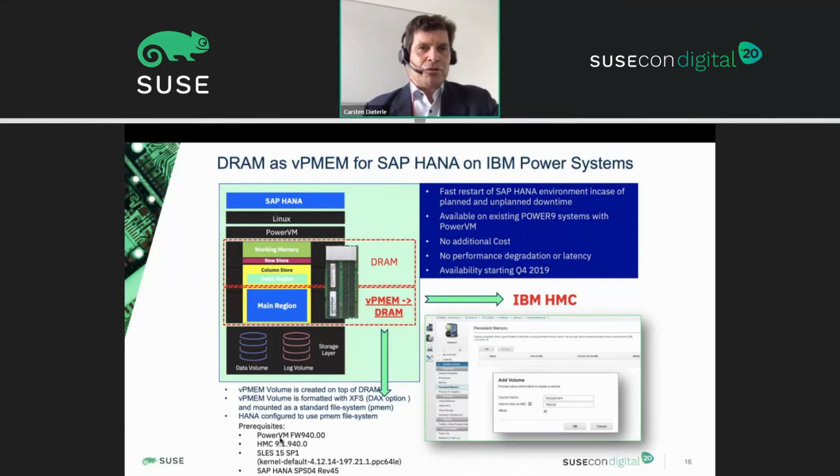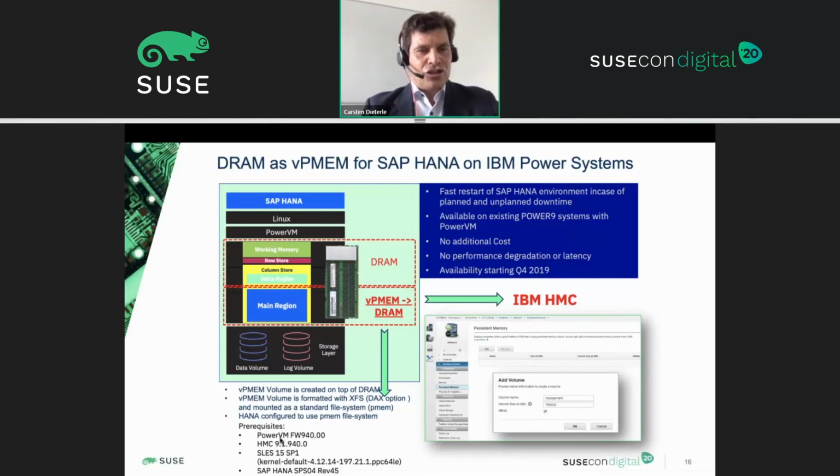Virtual persistent memory is a solution which we provide on IBM Power Systems, where we really persist data in our DRAM modules. With that new technology, you have the possibility and the big advantage to restart the SAP HANA database in case of a planned or unplanned downtime very, very fast, because the main region, and that is the data where most of the column data is stored in,